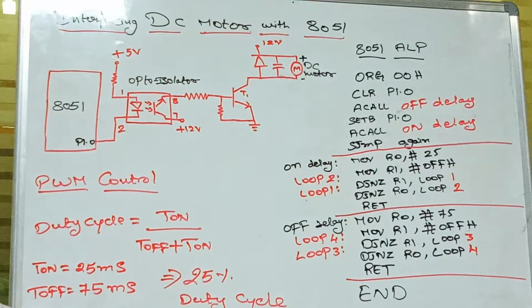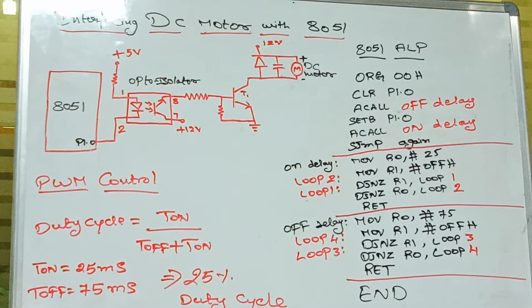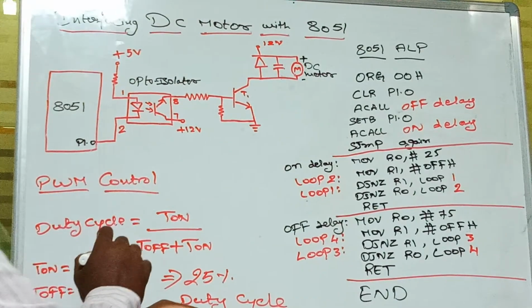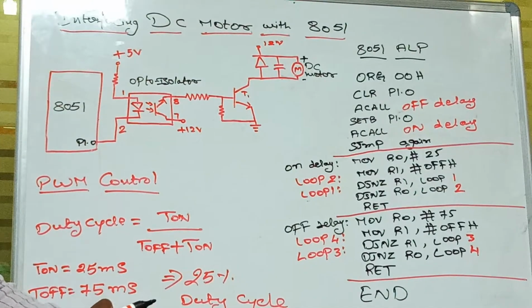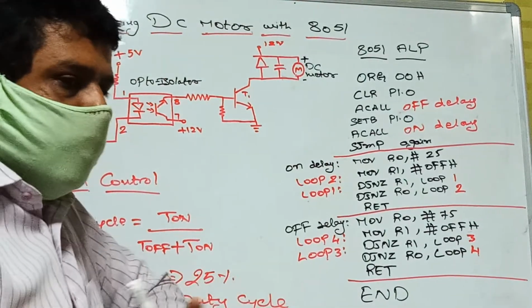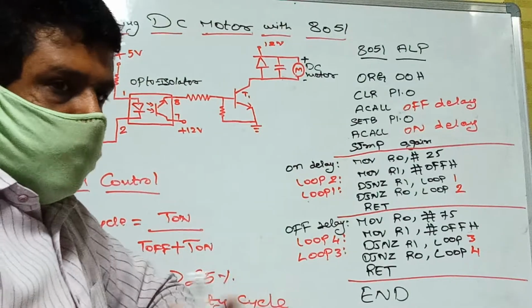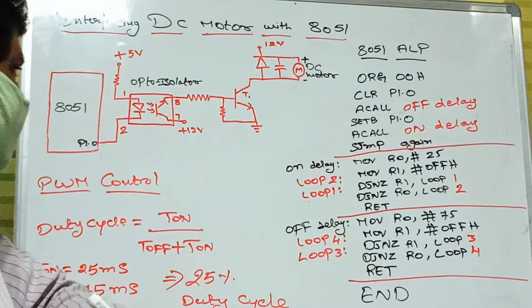Today's topic is interfacing a DC motor with the 8051 microcontroller. Here, the DC motor is controlled with the help of the 8051 microcontroller and an opto isolator. We can control the DC motor so that it operates either in the clockwise direction or the anti-clockwise direction, and we can set the